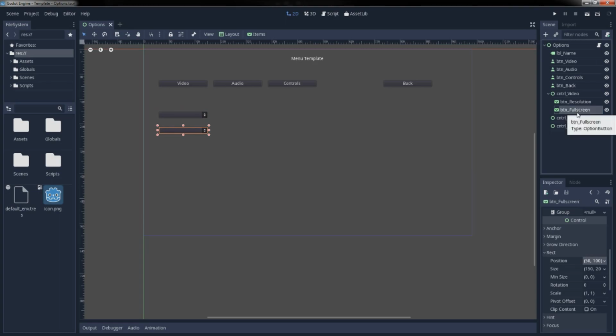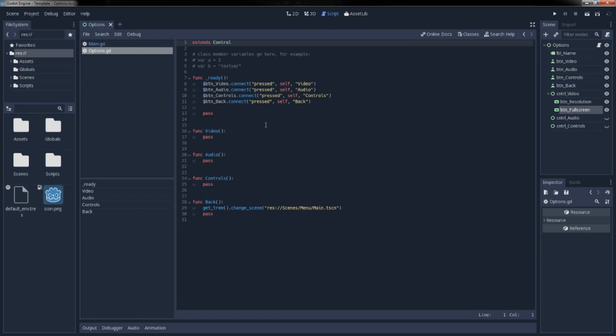Okay, so now what we're first going to do is create our functions, one for resolution and one for full screen. So you can just go to your script, open your script like this, and then underneath our back function, just press enter a few times. And then let's create our first function. It's going to be called function